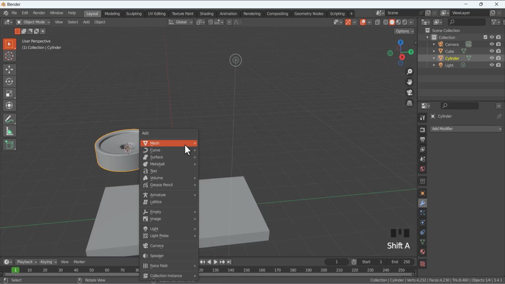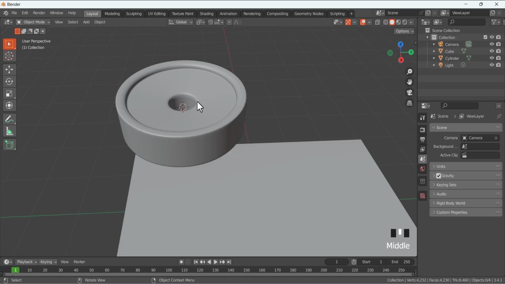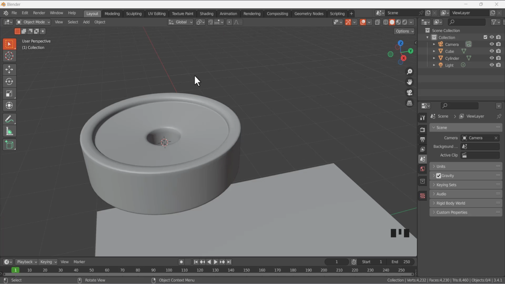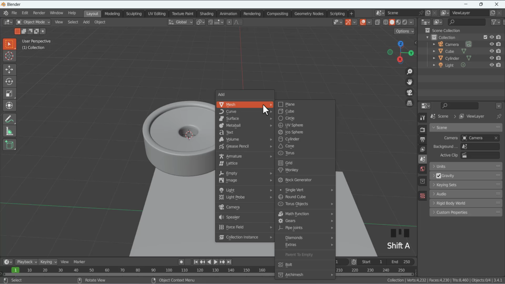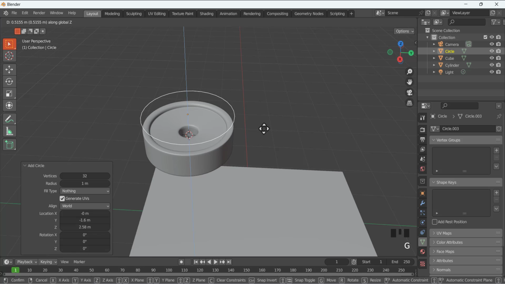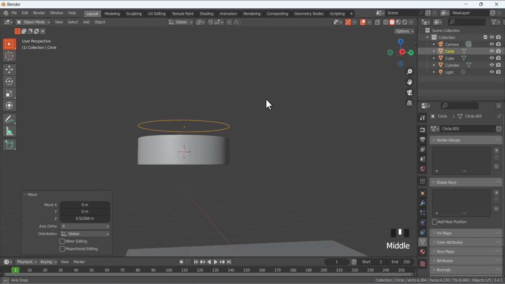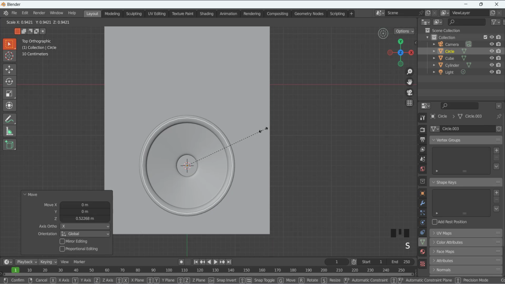Now Shift A, and we are going to add a circle at this place. Okay, now we have the cursor here on this cylinder. We are going to add, Shift A, and we are going to add a circle. So go to Mesh, and we are going to add a circle here at this place. So the circle is added, then press G and Z to move it in its Z direction. Make it like that, and press 7 on your numpad,